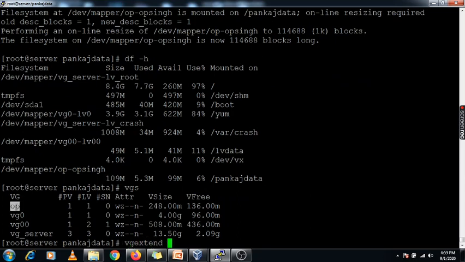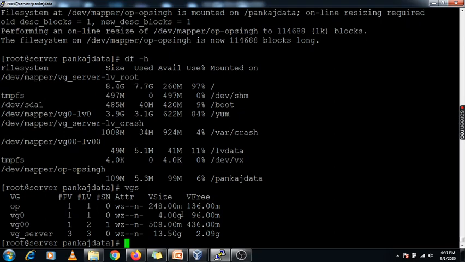For vgextend, if there is no space available inside this VG, you need to specify vgextend, op, and then the particular PV name. Suppose I have created a new PV named /dev/sdn1, it will extend this volume group using this particular PV. So you can also use this command if there is no space available inside this VG.